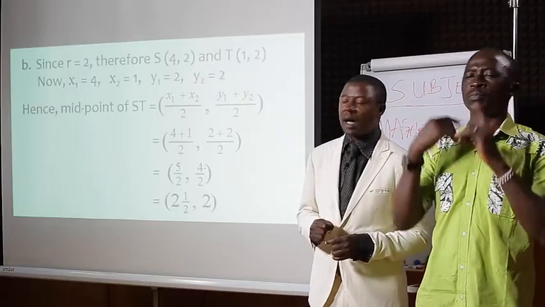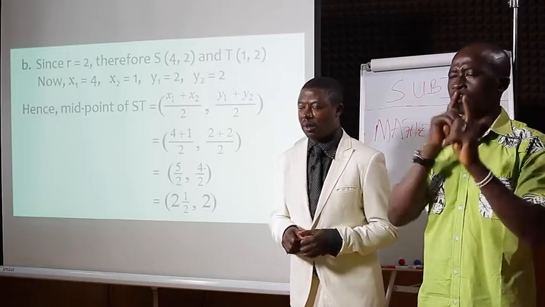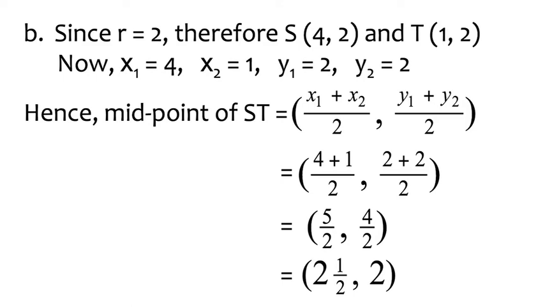Now, since r has been determined, we can solve question B. Since r equals 2, the coordinates of the points are as follows. We have X (4, 2), while T is (1, r). Now r has been determined as 2, so we replace r by 2. So our T is now the coordinate (1, 2). Now x1 is 4, identifying the variables, x2 is 1, y1 is 2,